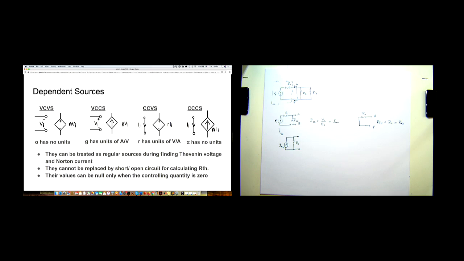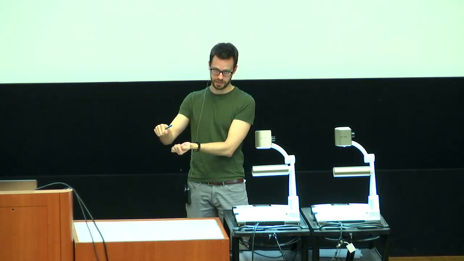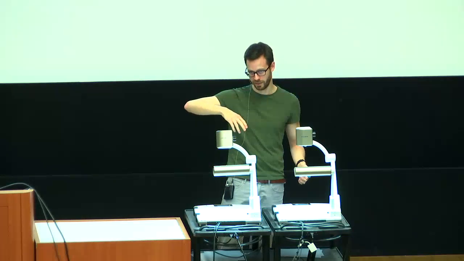So usually what you do is just apply a test source at the edge, at the two points that you care about, A and B, right? And then you assume that you know what V test is, and you're trying to find V test over I test. So basically you do your analysis, you do NVA with a V test that's known, and then you find I test. NVA should give you all the currents. You'll find I test, you'll find V test over I test.